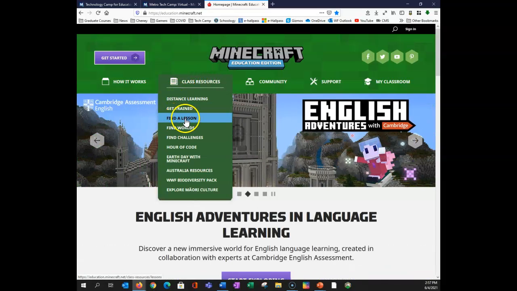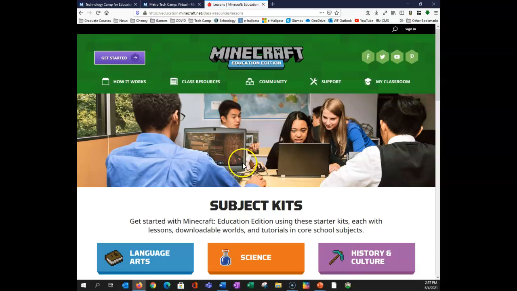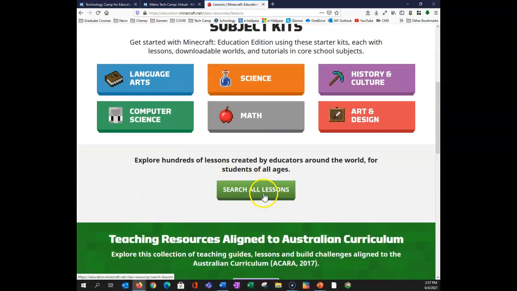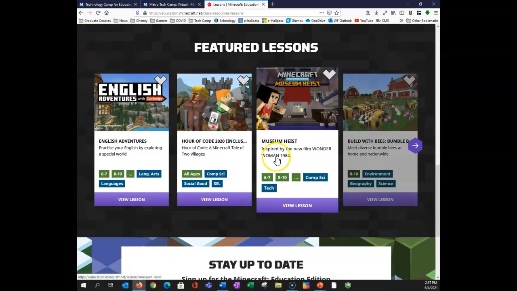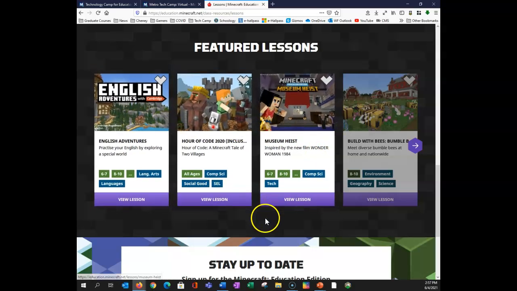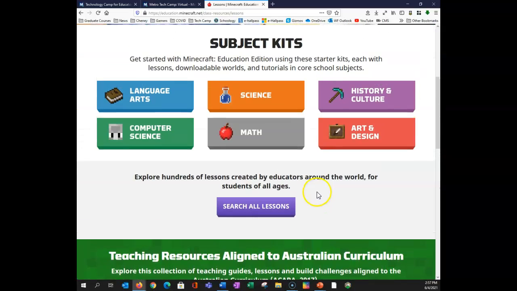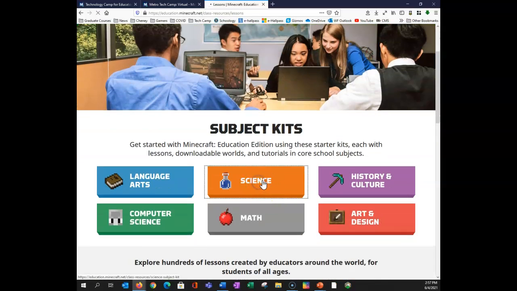I can go to find a lesson here. If I go to find a lesson, I can search by science or subject or any other, or I can search all of them. There are some featured lessons down here that the creators of Minecraft have built, and then there are some that teachers have done and shared in the community. But even if I go to science,